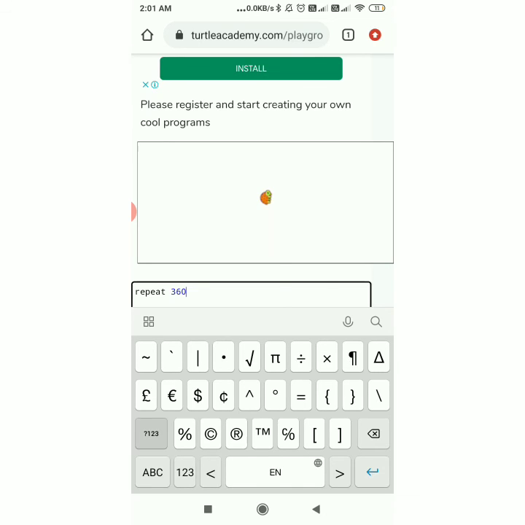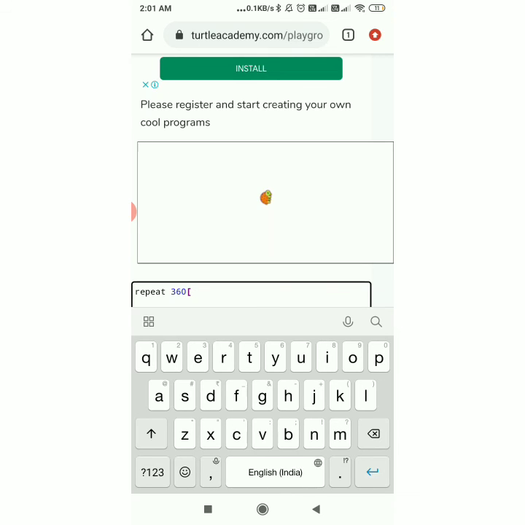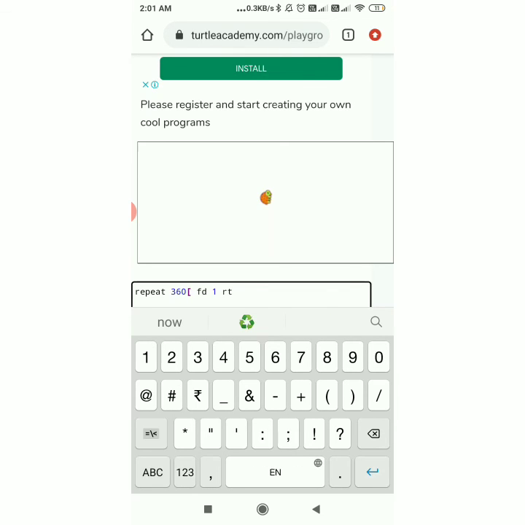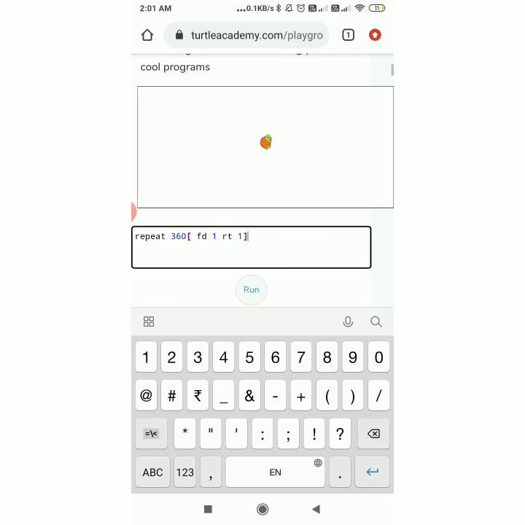And from here you have to put a square bracket. Then which step do you have to repeat? FD space 1 space RT space 1 and close the bracket. Enter. Now you can see your circle.